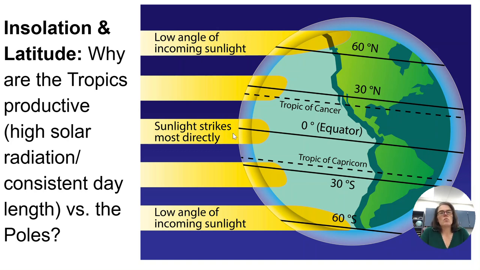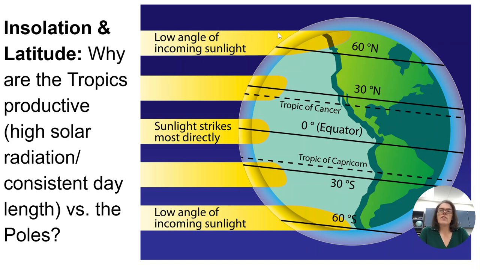That is very direct sunlight. Lots of energy being transferred to the Earth from the sun at the equator. So remember, that's where our tropical rainforests are. Why do we get so much productivity? Because there's so much sunlight, insolation entering the system, giving us lots of energy to kick off those ecosystems and those producer layers. Now, if we go up to the poles, we have the opposite situation.